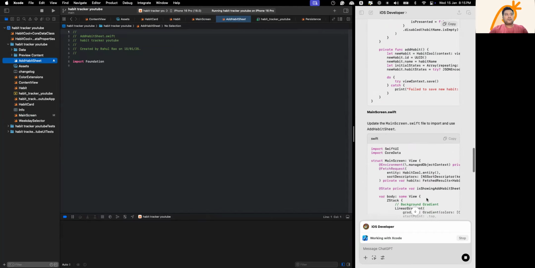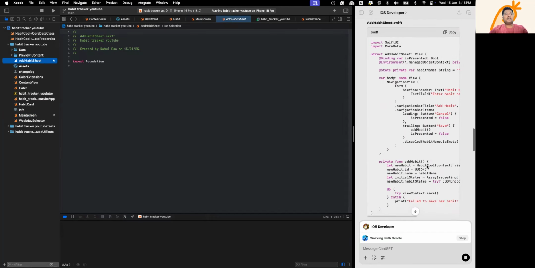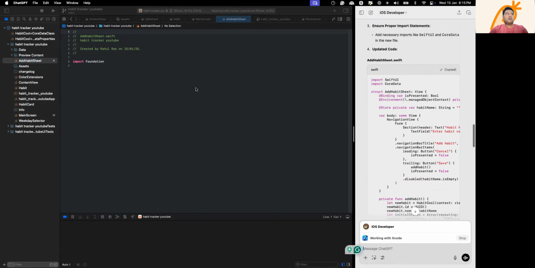letting the response completely generate, because sometimes what I've seen is when the response is being generated, it might make changes to the existing code that it has generated in this response. Right. So we don't want to copy this code just now. Once it stops, you get this small audio icon. It means that the response has stopped and it has completed its response. Now we can copy it. So I'll just copy this,